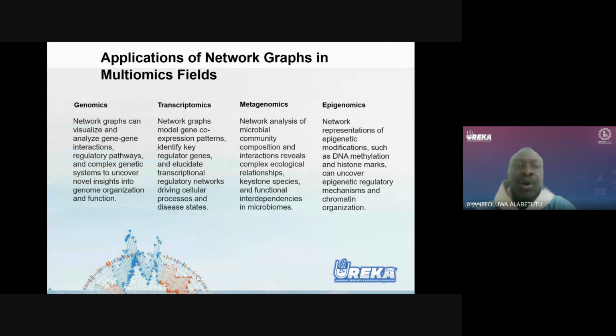Application of network graphs in the multi-omics field. I want us to know that it is not only used in the omics field, but let me just speak to it. In genomics, network graphs visualize and analyze gene-gene interactions, regulatory pathways, and complex genetic systems, offering novel insight into genome organization and function. In transcriptomics, this graph model models gene co-expression patterns, so that we can identify key regulator genes, elucidate transcriptional regulatory networks, and also understand